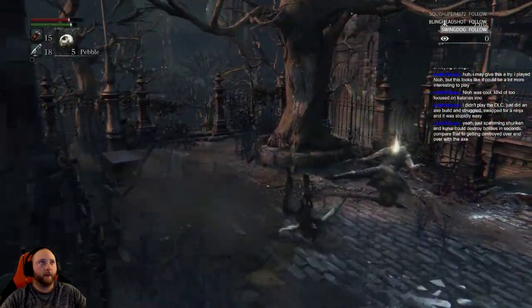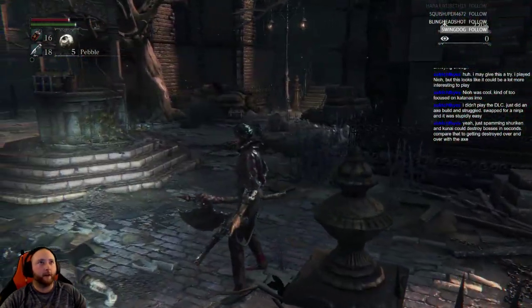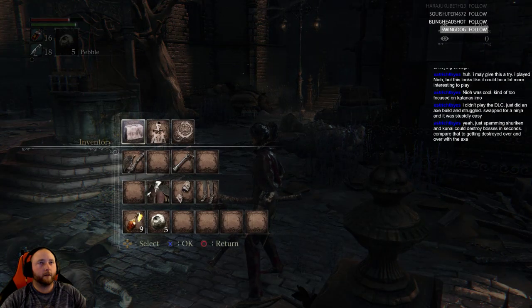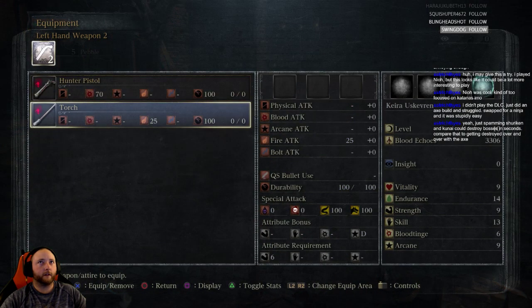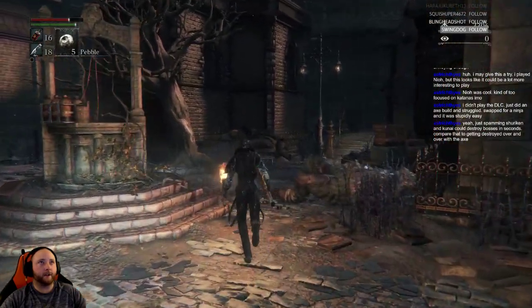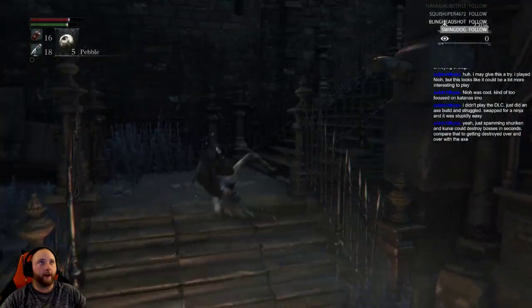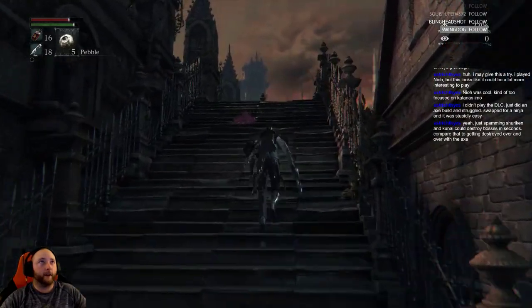Hey, Bloodboss. So I never did equip the, what was it? Oh, the torch. Does exactly what you'd think it does. Gives you illumination and light. But for the most part, we're going to keep the gun out for now. So I believe, yeah...